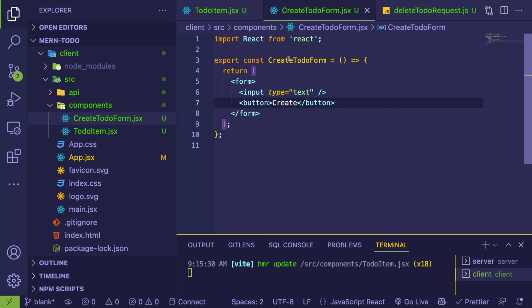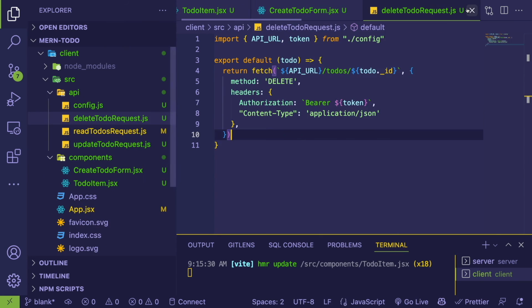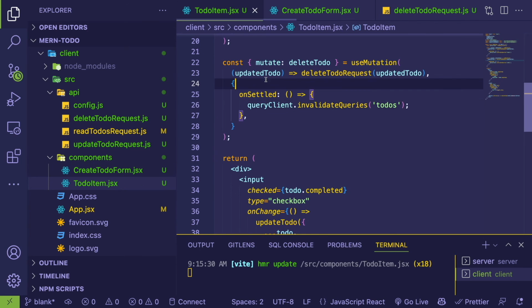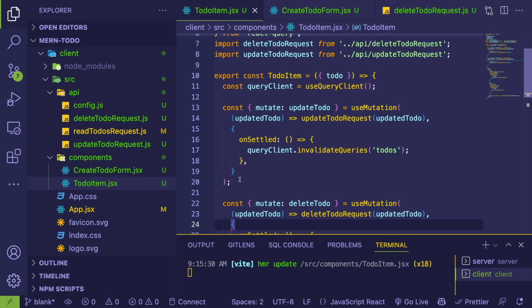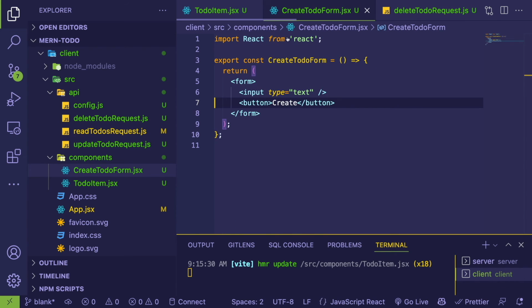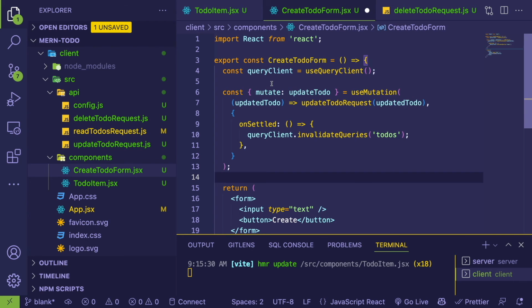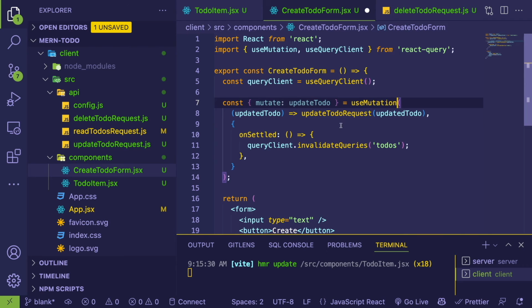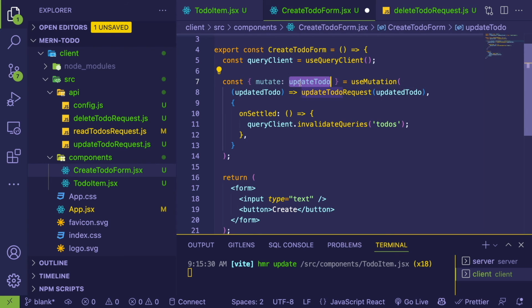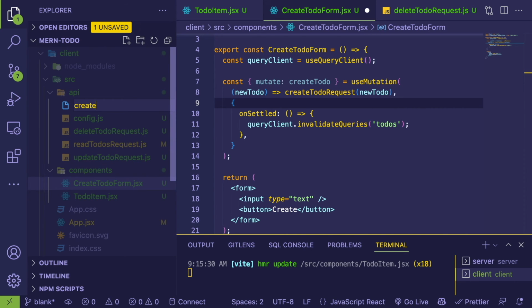All right, so very similar to the other approaches where we did React queries and stuff like that. What we want to do is, again, we need to bring in some of these hooks so we can do some mutations again. And let me make sure to auto import this stuff. All right, CreateToDoForm. I'm going to say createToDo is the mutation, and that's going to call an endpoint called createToDoRequest. We haven't created this method yet, but I'm going to go ahead and just put out the placeholder for all this. I'm going to make a new API here called createToDo